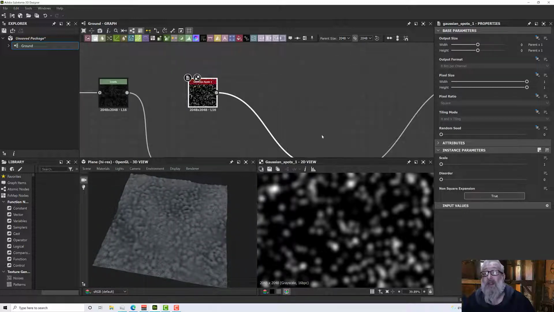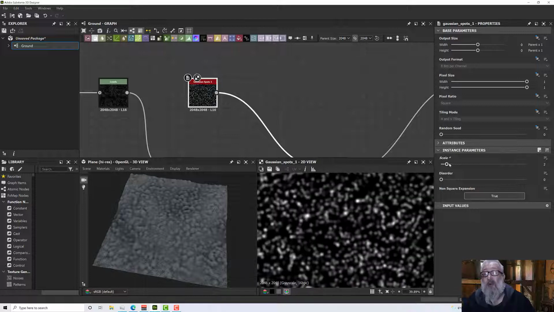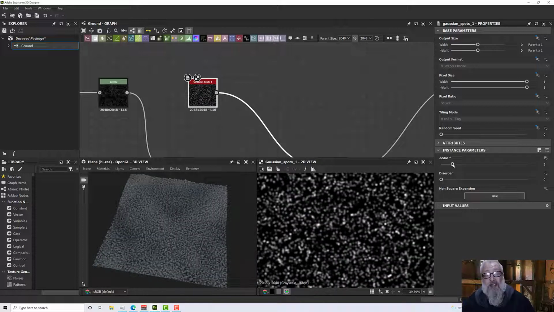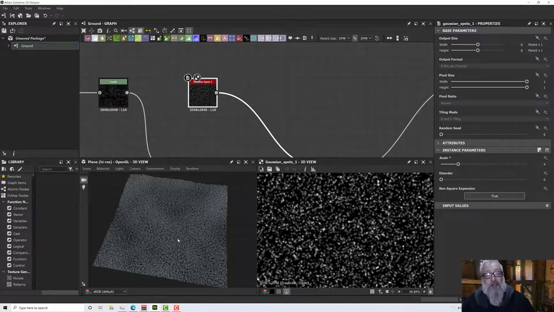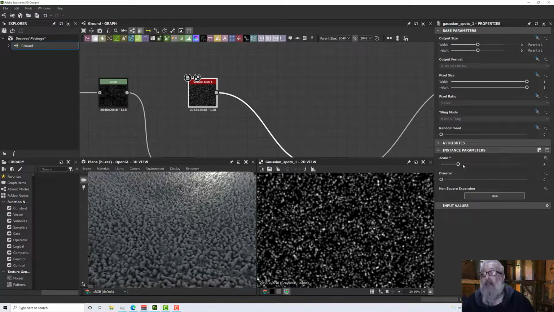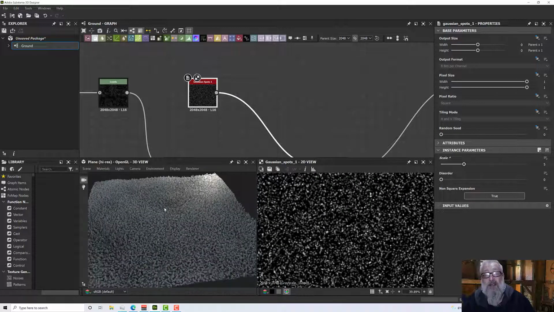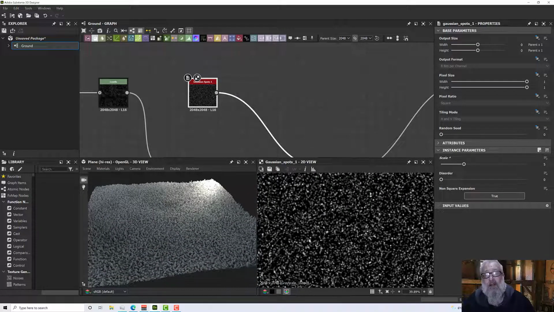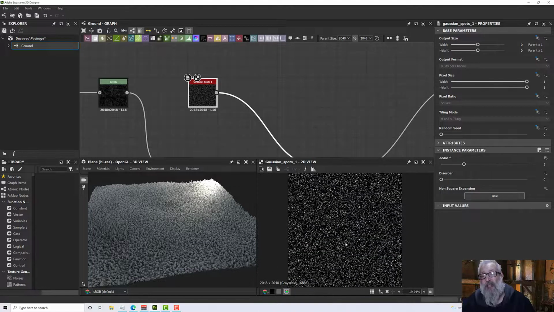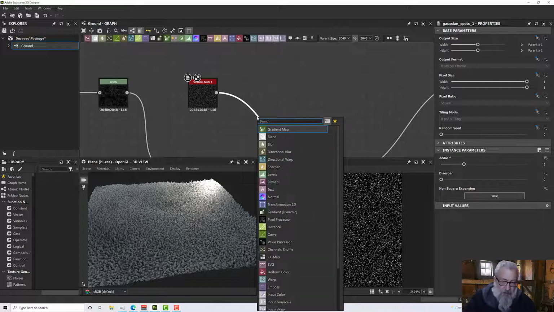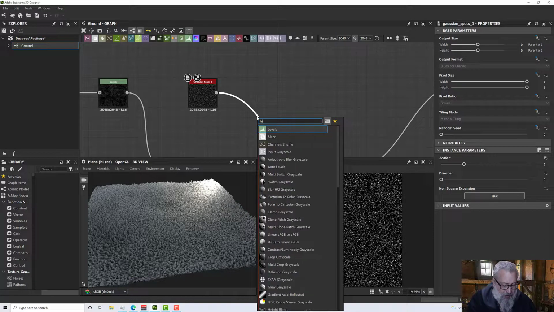Well, first of all, I can make them smaller by increasing the scale, which is essentially what I want to do, because I don't want them to be that big. So let's take the scale right to about there, I think. But then I want fewer values. You know, this is a very dense kind of look. So if I now put a levels in,